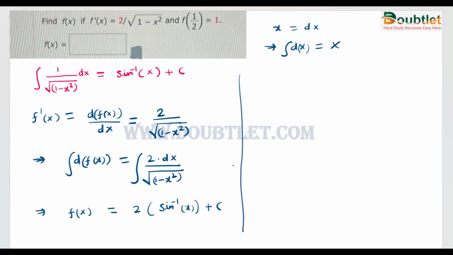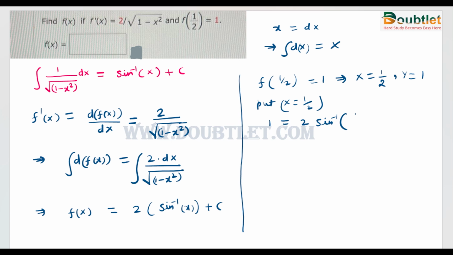Now to find the value of c, we will use this value, that is f of 1 by 2 is equal to 1. It means when we put x is equal to 1 by 2 in the function f(x), we will get the value of the function as 1. So if we put x is equal to 1 by 2, we get f of 1 by 2, so it will become 1 is equal to 2 of sine inverse 1 by 2